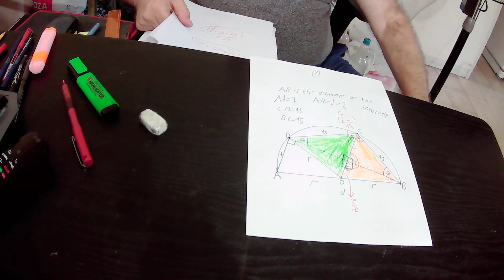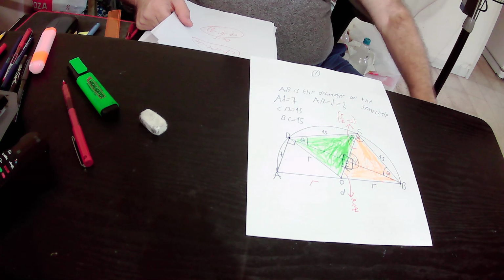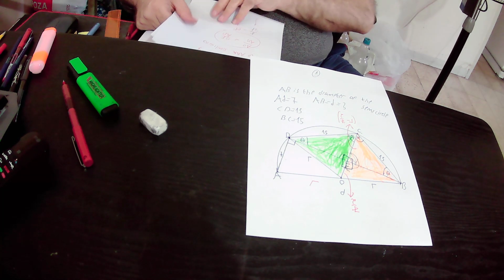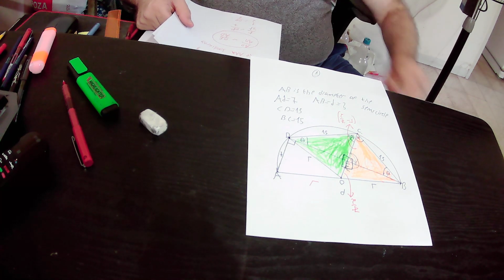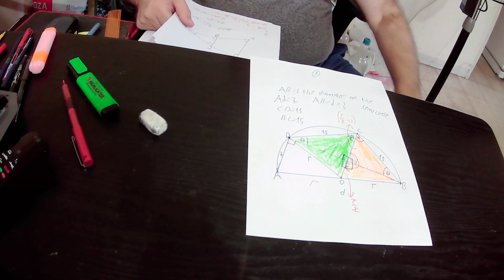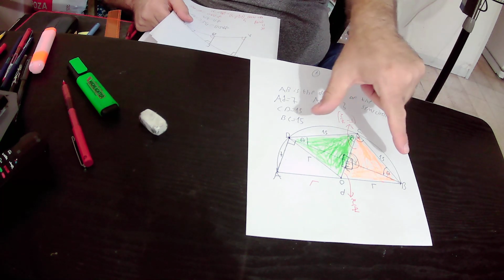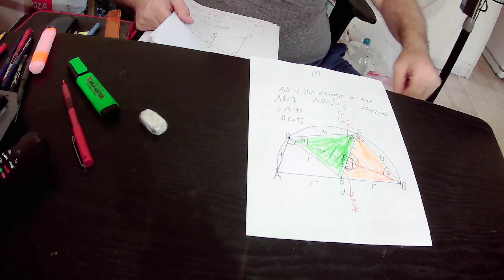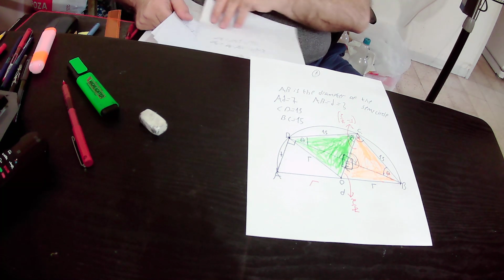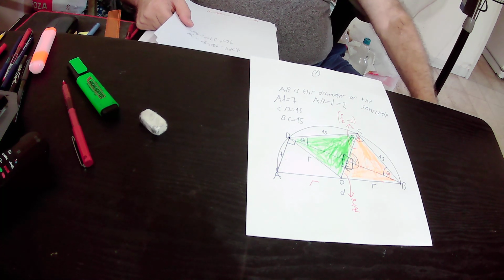Okay. So first of all, we draw, reconnect points D and B by a straight line. DB is a straight line, and